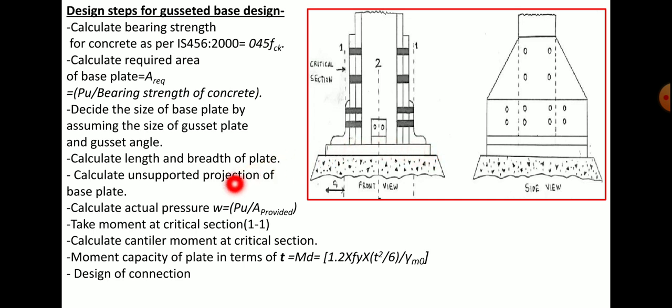And the last step will be design of connection. Now again, in case of design of connection also, you need to assume whether there is perfect machining between your rolled section and your base plate. In some cases you may assume 50% of the load is transferred directly, and for the other 50% only you need to design the number of bolts, or in some cases you calculate the number of bolts for the entire section, that is the entire load given, correct?